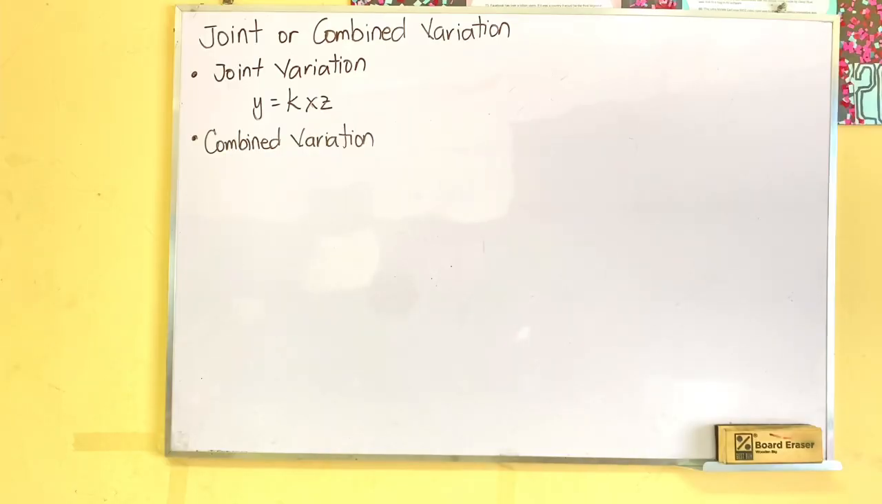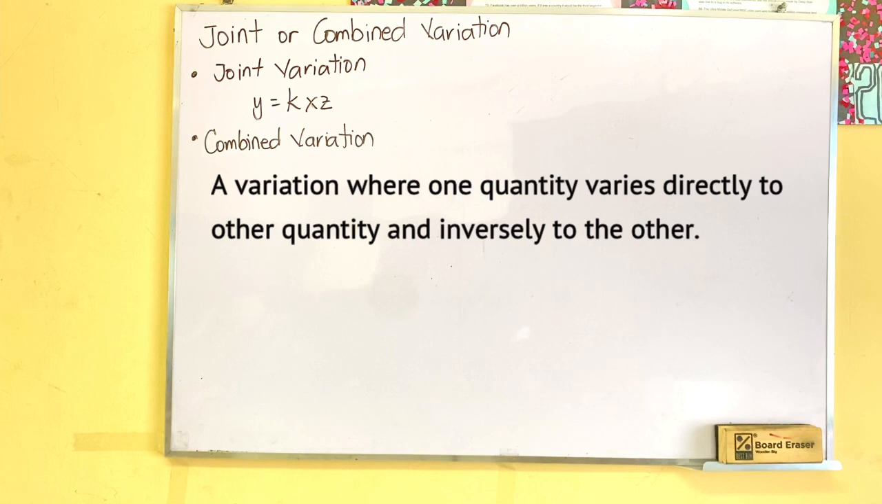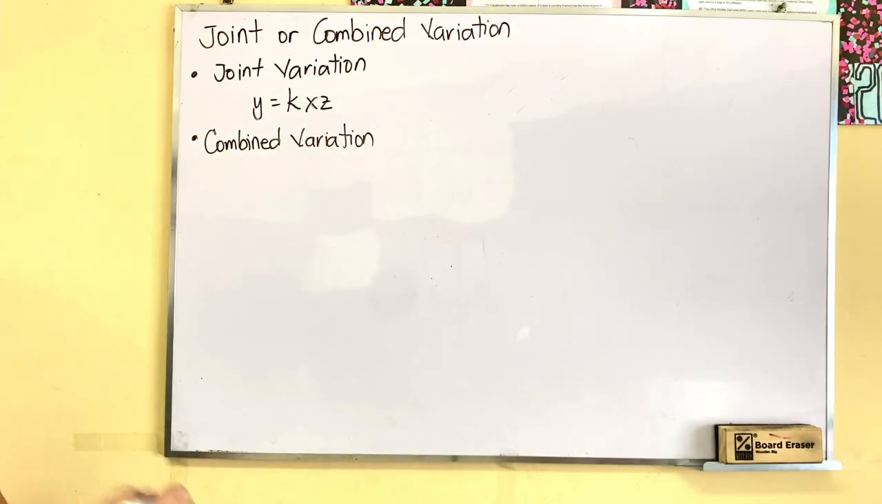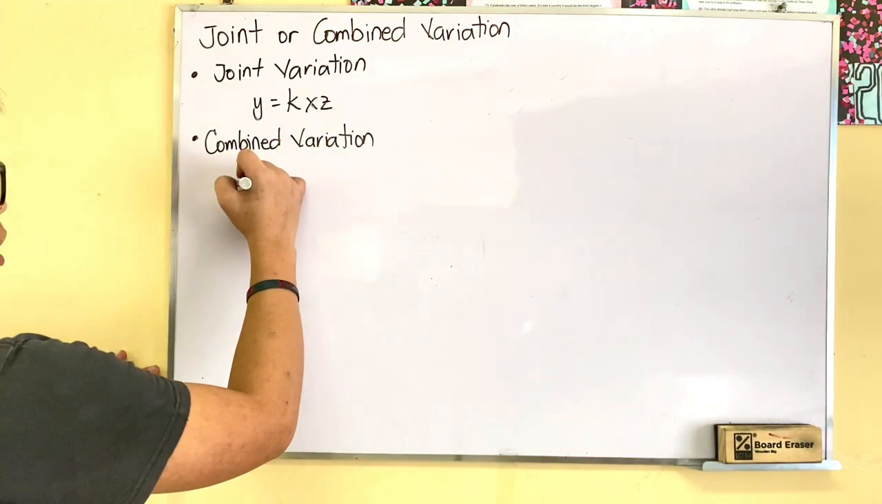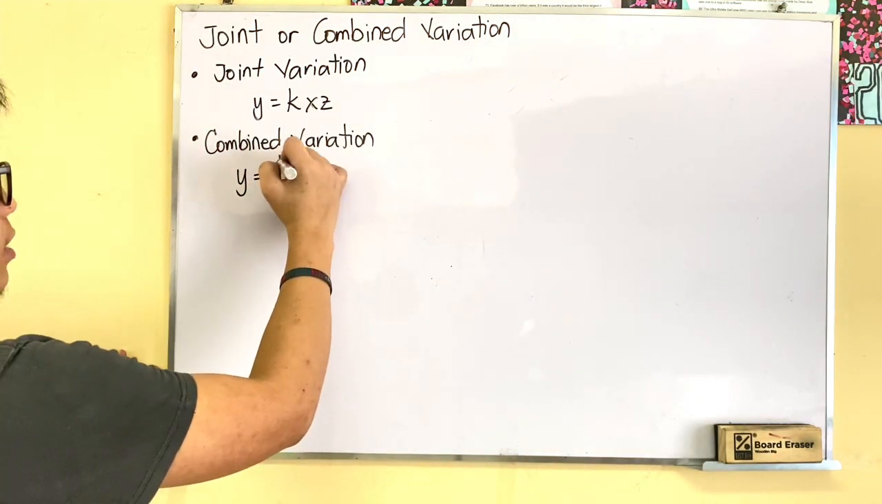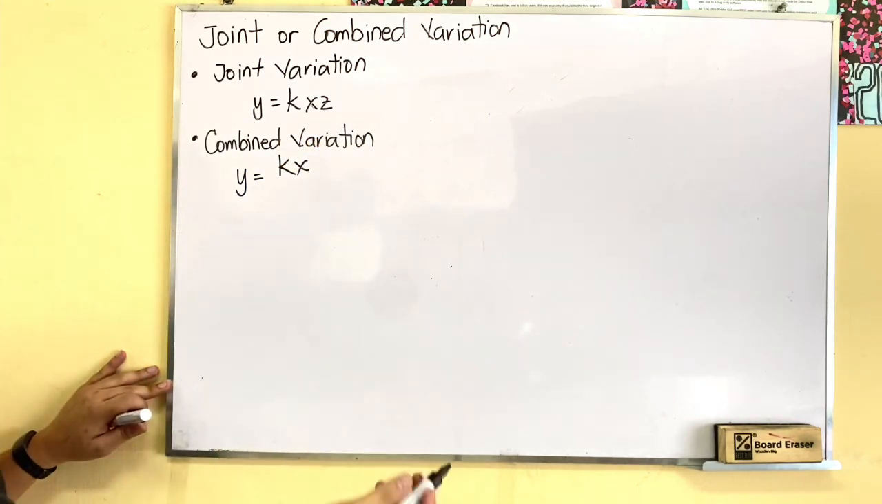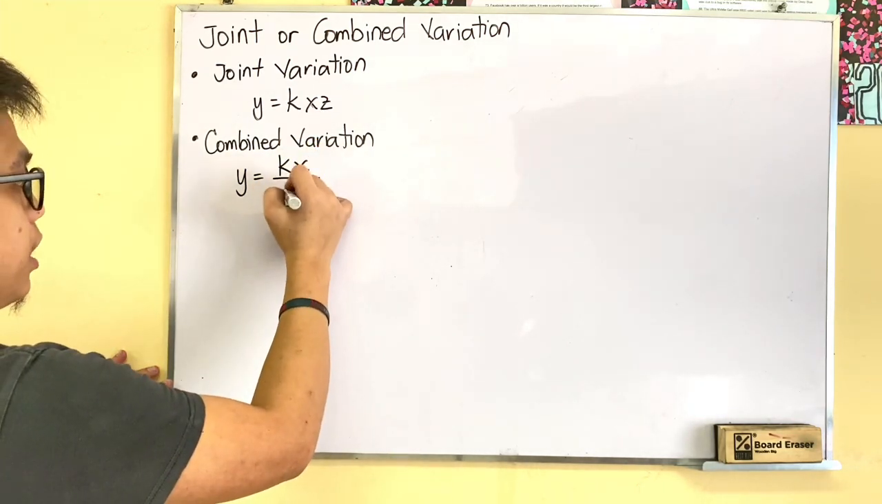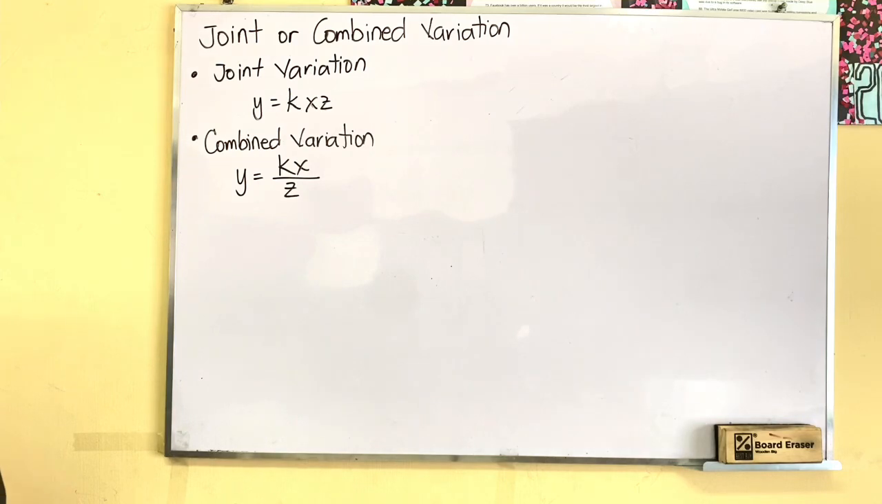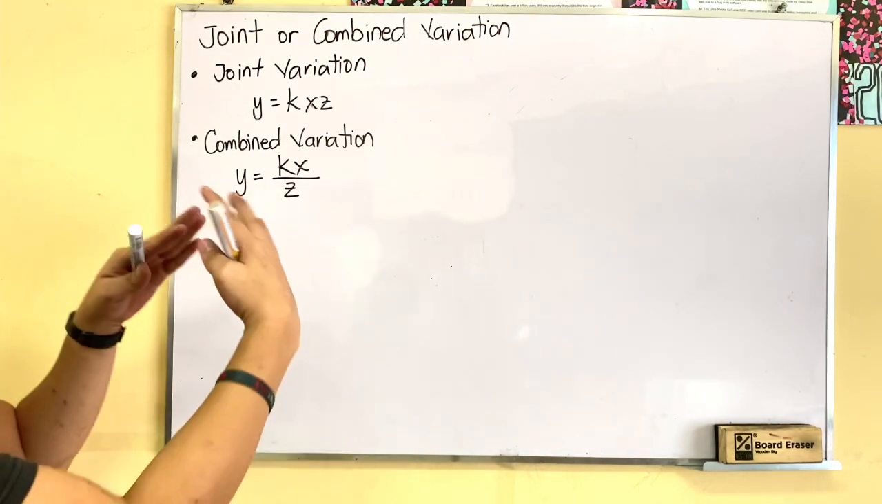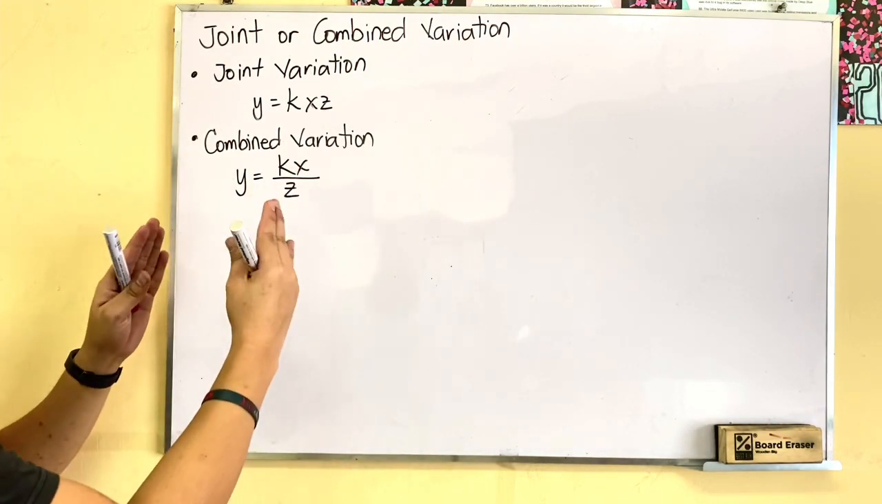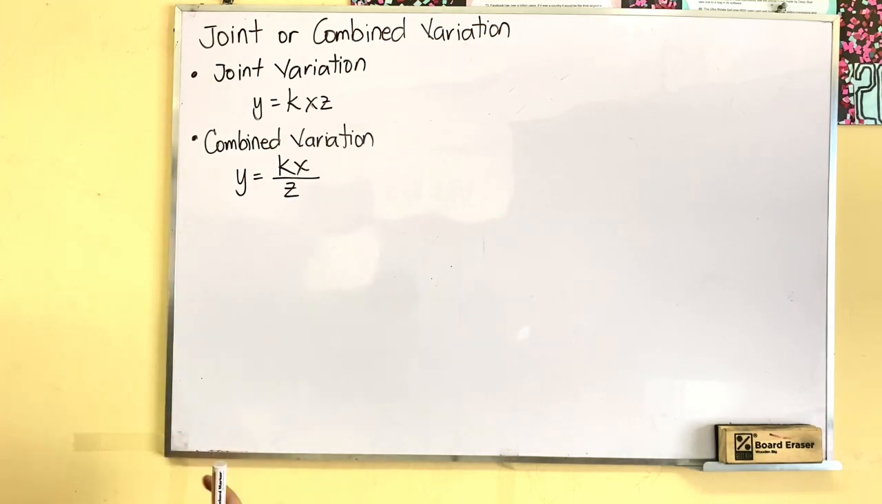Combined variation is a variation where one quantity varies directly to other quantity and inversely to the other. Ibig sabihin ng statement, a one quantity varies directly as one quantity but inversely to another. Ibig sabihin, pinag-combine nila yung direct variation and yung inverse variation. Kaya siya tinawag na combined variation. Okay,